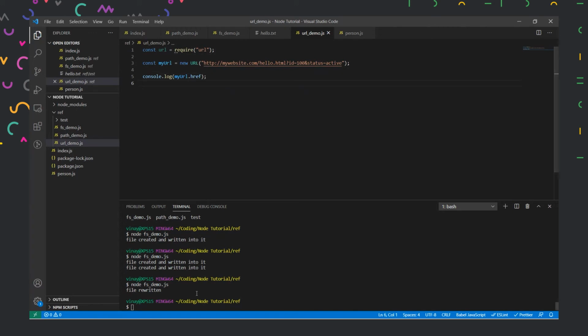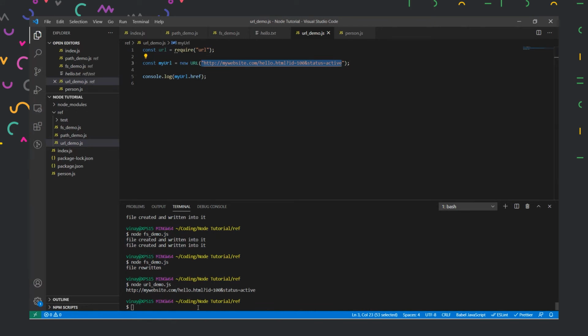When I run this command now, let us see what happens. We will get the complete URL printed into our console itself.